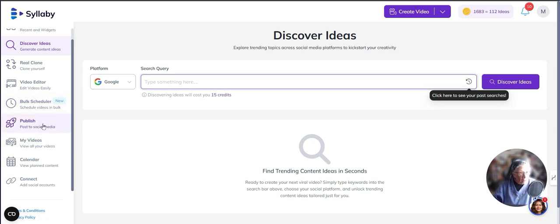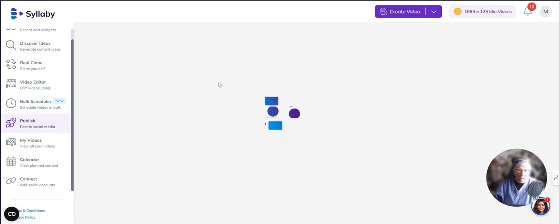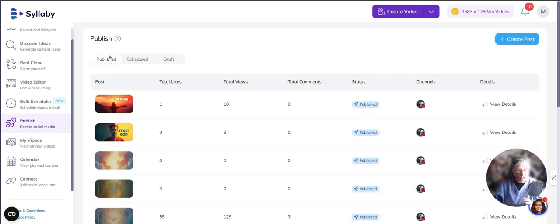And then when we're publishing our videos, you basically will go to your list of videos and you'll post them to your social media accounts. And this actually toggles to lots of different social media accounts.